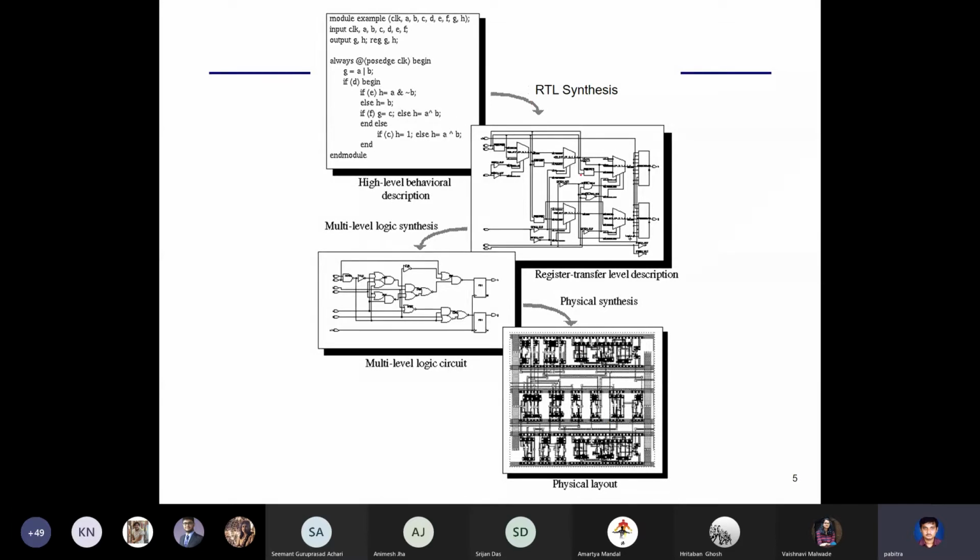This conversion, there are many things that happen inside it. First there is plain conversion, then there is optimization, then there is verification, and so on. We will not bother about them; they are not in the scope of this. But optimization is somewhat relevant. That's why you might have seen that this Quine-McCluskey and others can be programmed. You can easily write a program for them. But we will not really bother about this conversion mechanism; we will rather bother about this description language.